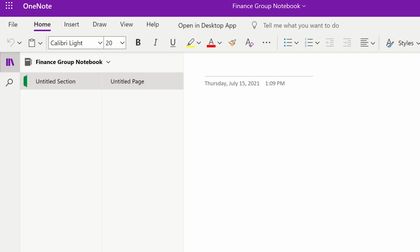And let's say we're working on something together with the team. And we're going to say plan for tomorrow's session. And this is our note, sort of like a sticky note, but it's online, right? Everybody can see it and edit it as long as you give them permissions. By default, whoever is a member should be able to make any changes. So we're going to say meeting, right? And that's fine. Now, when we close it, when we go back to our SharePoint,